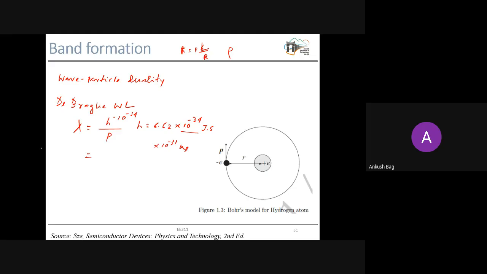Now in the case of atoms, let us once again go back to the hydrogen atom. Because this is the simplest atom, we are starting our discussion with the hydrogen atom, where we have one proton at the nucleus and one electron roaming around this nucleus. Now see, this electron is bound to the nucleus. This electron is not a free electron, so it cannot go wherever it wants.